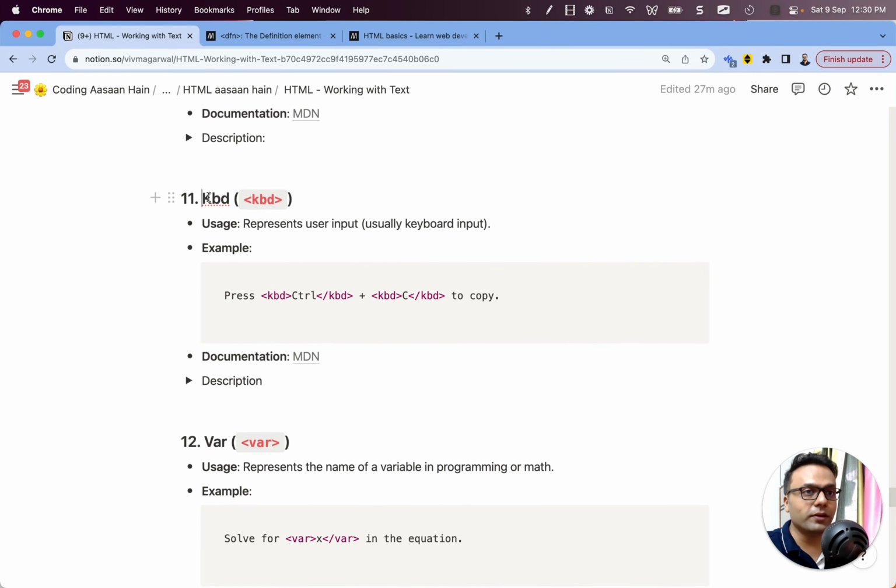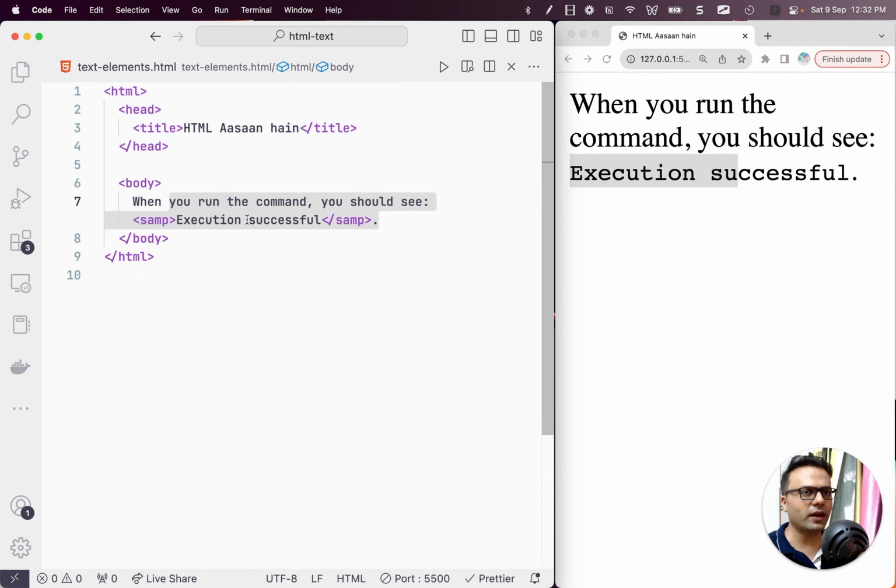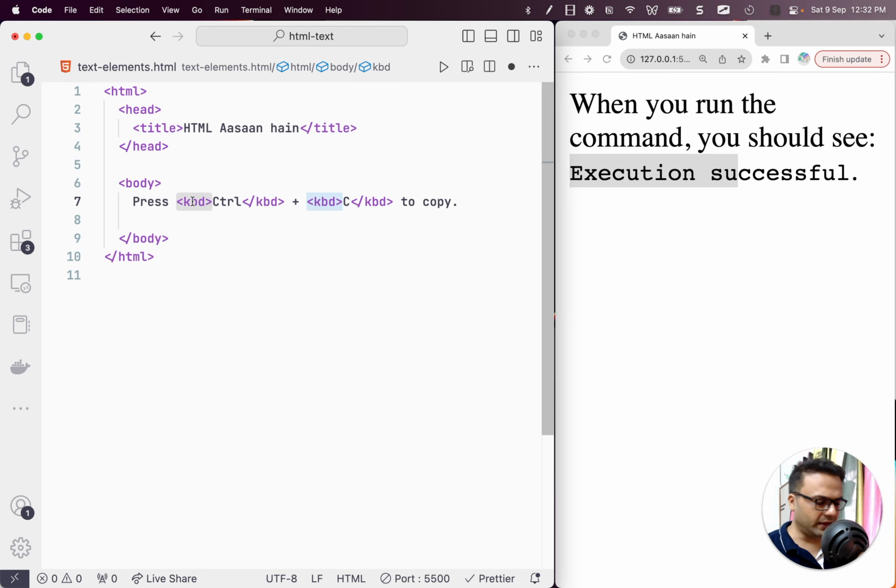Next is keyboard. Again, it makes total sense, right? Suppose again we have a technical blog, and in one of the technical blogs you want to express that you press Ctrl C to copy. If I suppose I just copy this, I just want all of you to understand the use case. Why are these things so important? So now if I remove these keyboard KBD tags,